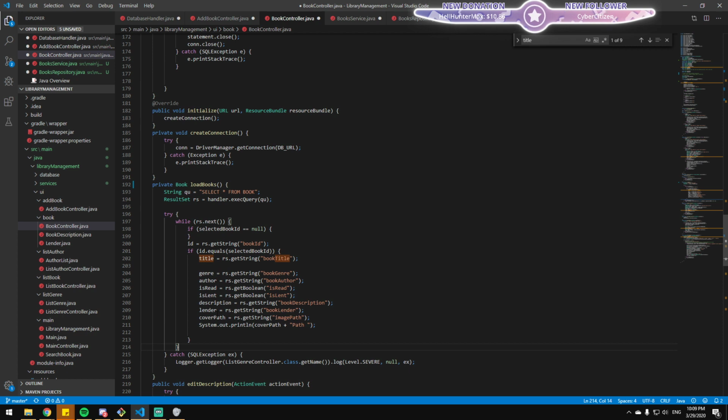Does it make sense to you guys? It looks like it would only get the last book that there is, because you are executing select all, and this will only get the last book selected by the result set as you are iterating over it.